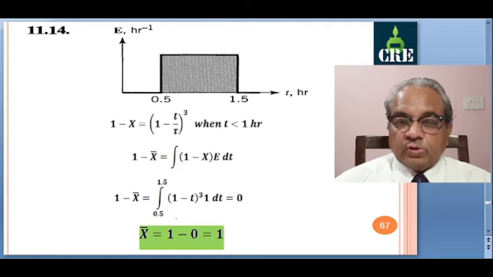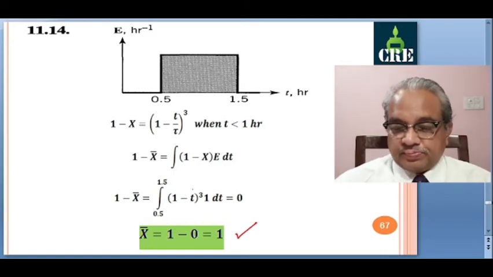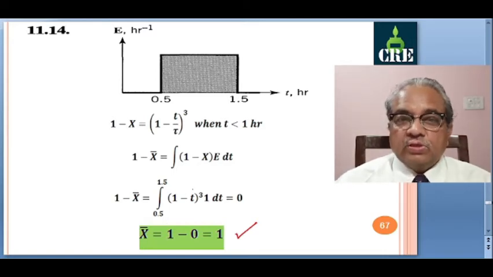Okay, so finally this you get as 0 when you substitute the limits of integration. That means mean conversion will be 100% now. Okay, mean fractional conversion is 1, so 100% conversion in this case. You can compare all the three cases.